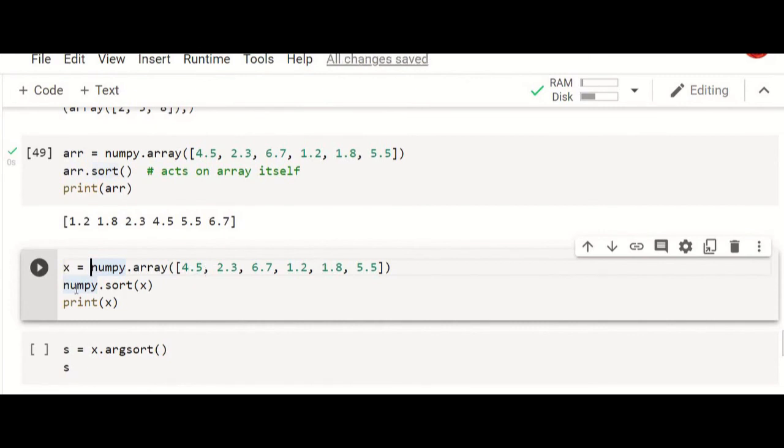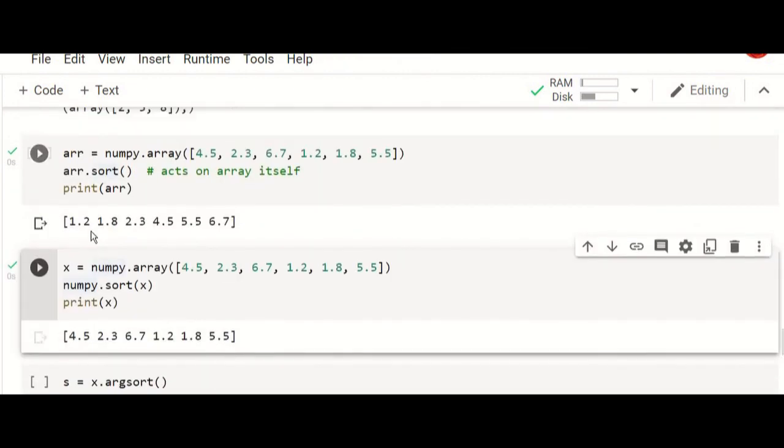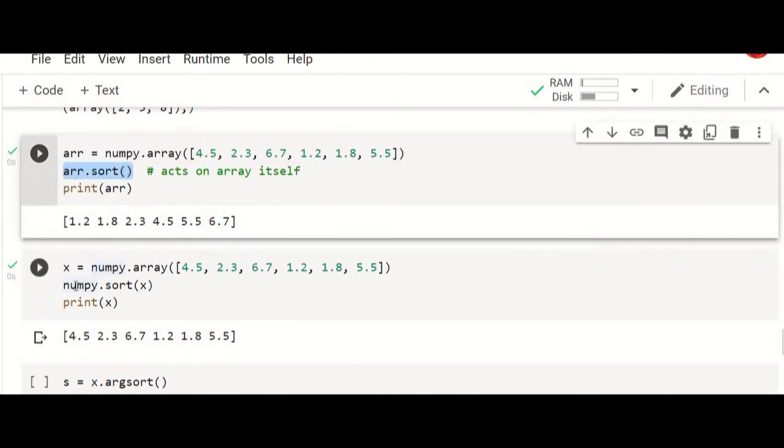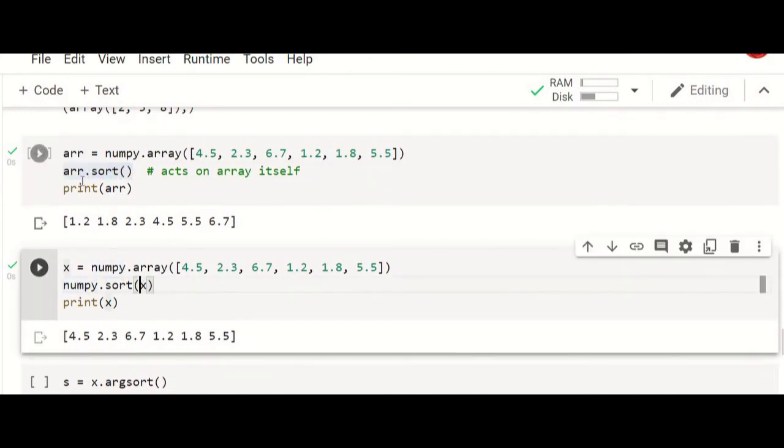This array is created and again we display it. It is the same thing, but array.sort is one syntax and numpy.sort of x is another. That means the array variable is given as an argument to this function. This is the difference. Both work in the same way, only the way of calling the function is different.